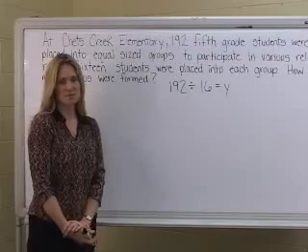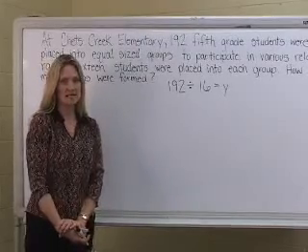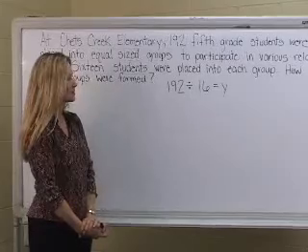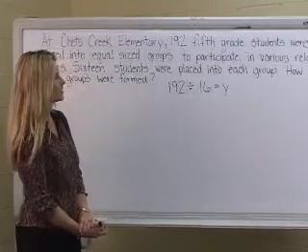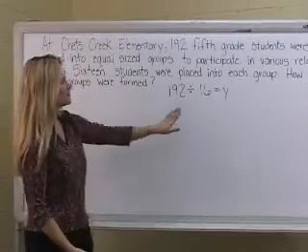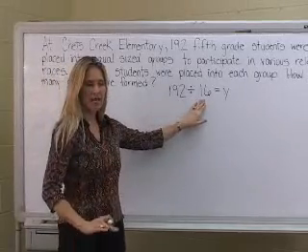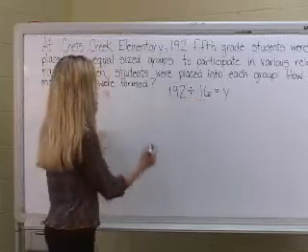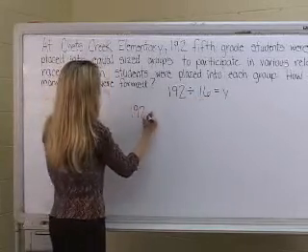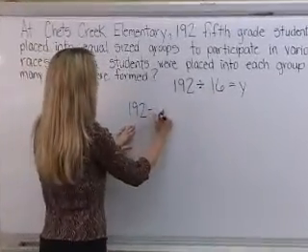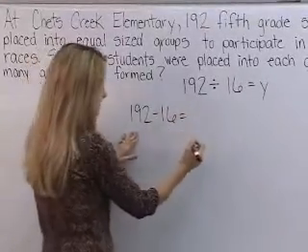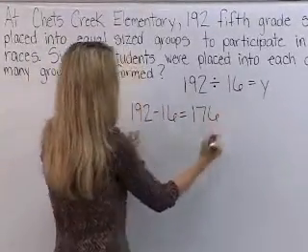With successive subtraction, or repeated subtraction, which is another way that we think about division, students can determine how many groups of 16 can be formed by continuing to subtract the number 16 until they can no longer do so. And with that, they would begin with their total, 192, and after subtracting one group of 16, they would have